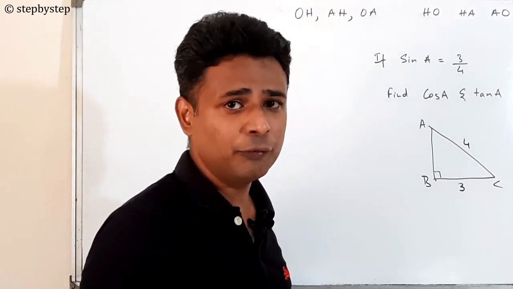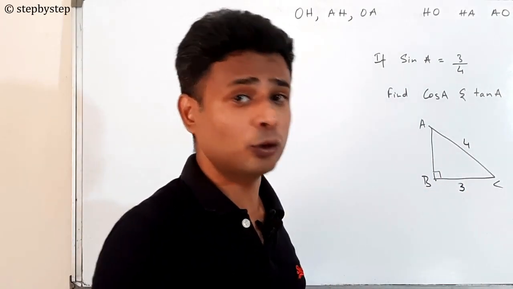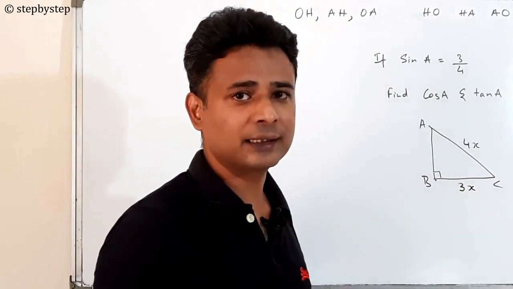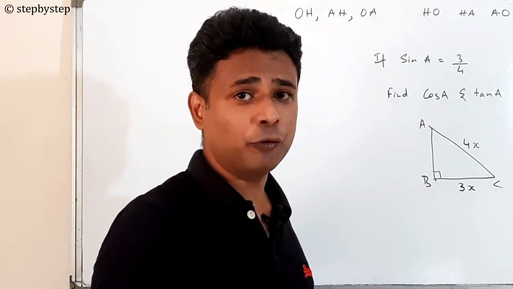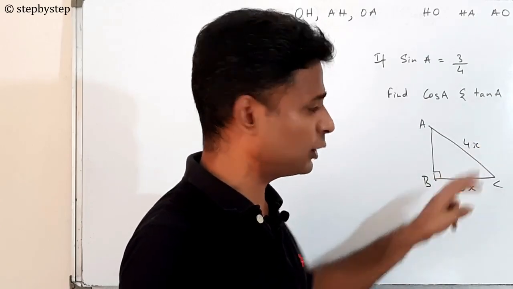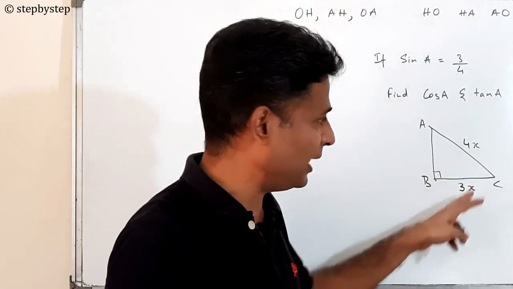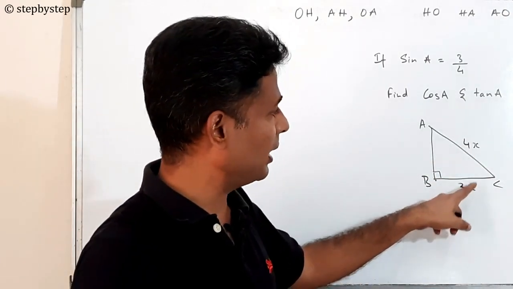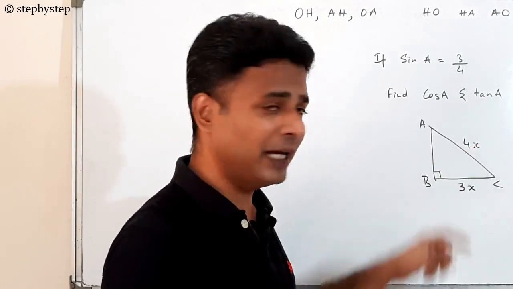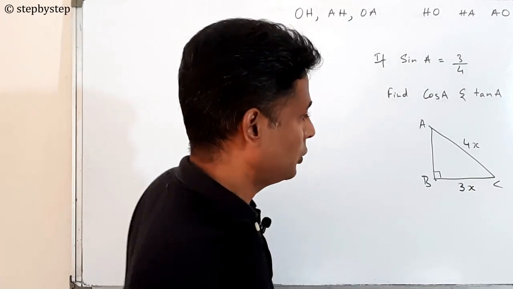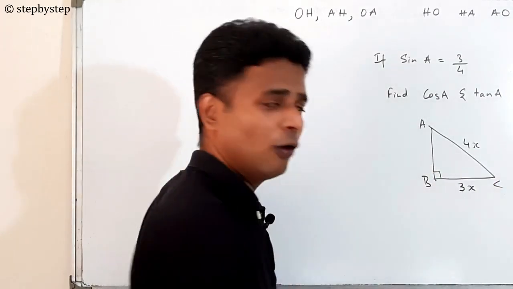But is it 3 and 4? No, the ratio is 3:4. So we have to write 3x and 4x. It could be 3 and 4, but since they have not told us the distance, the ratio will be 3x:4x, because the sides can be any same multiple of 3 and 4. In the sense, we can multiply both by 2, we can multiply both by 3. Any one of them can be the length. Understood? So the ratio is 3x:4x.